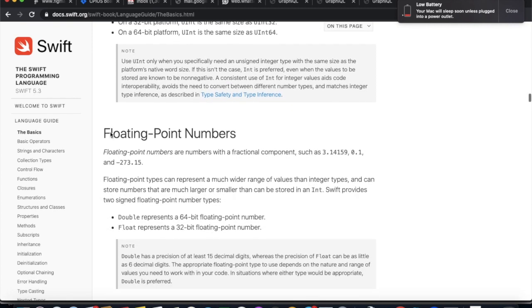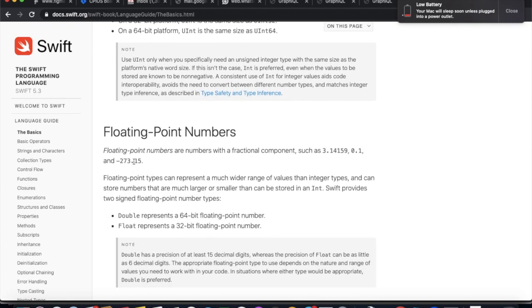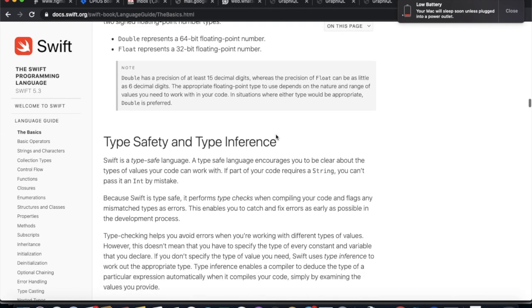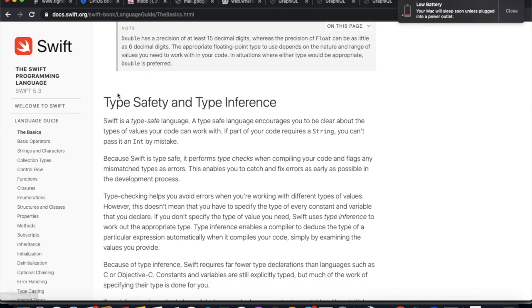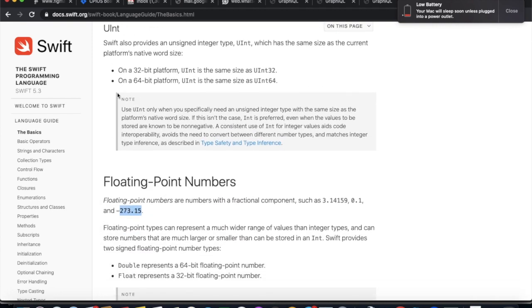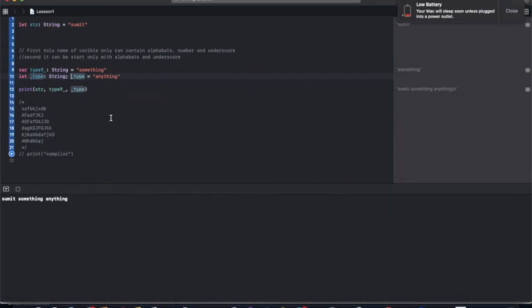Now we have floating type numbers, which have decimal values. It can be anything: 1.1, 1.0, 1.2, 3.4, and minus 3.4, any positive or negative decimal numbers. It also has a string and a bool, so we are using all these things here.